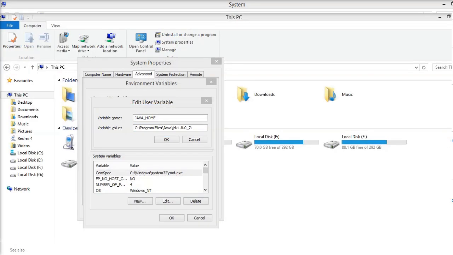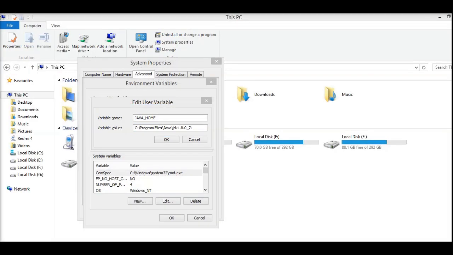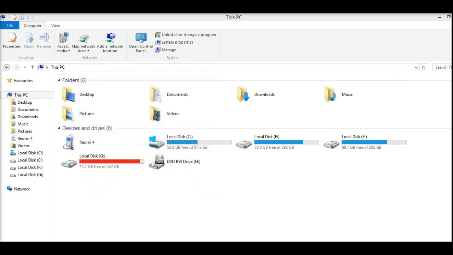So we come to know how the command prompt or any IDE can identify which version of Java I have to use. The JAVA_HOME key is the key to get the location from which my Java is installed, and which version of Java I have to use. After that, I'm cancelling it.